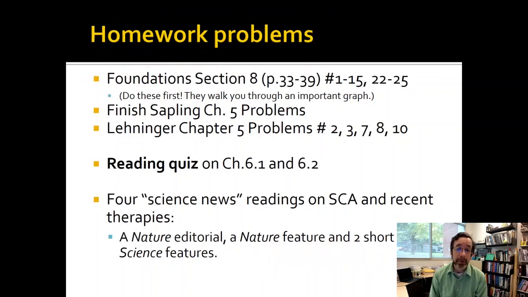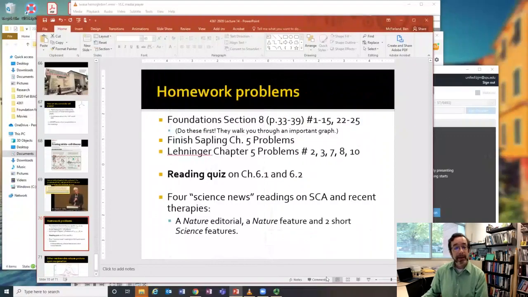What is assigned is the 4 news readings, and this is our homework for the homework problems. Now I'm going to go and post this, activate the reading quiz, do all that fun stuff, and so